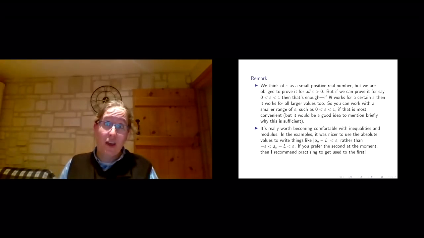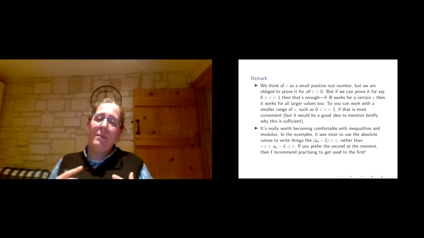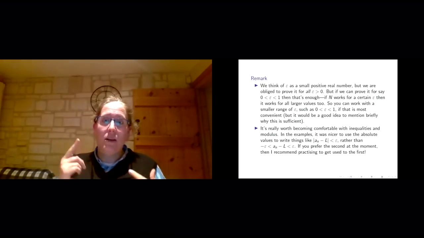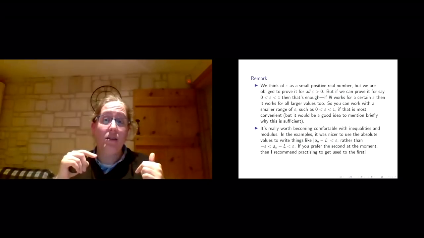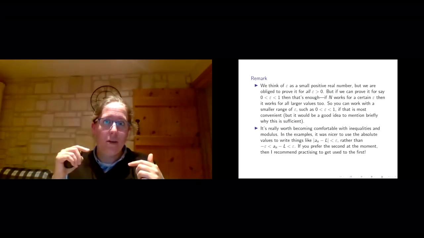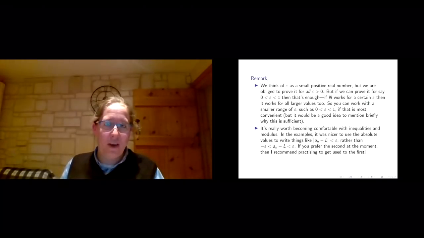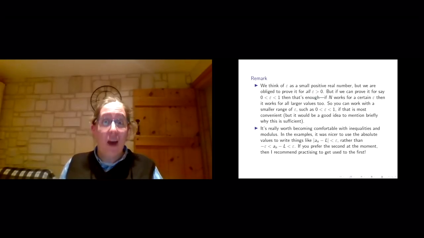So a question for you to think about before the next video. Imagine we've got a real sequence an, so that 0 is strictly less than an is strictly less than 1 over n for all n. Does that tell us anything about whether the sequence an converges? What could you prove in that case? So have a think about that as a warm-up, and I'll see you for the next video soon.